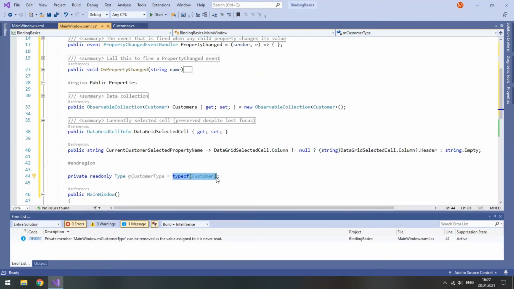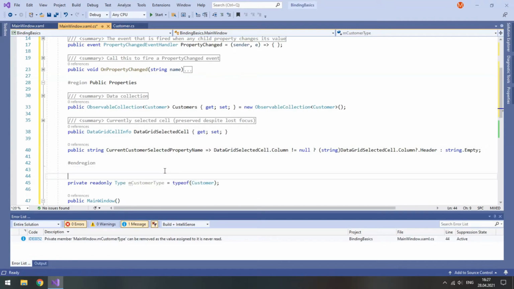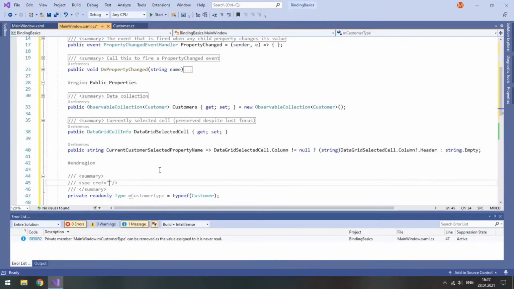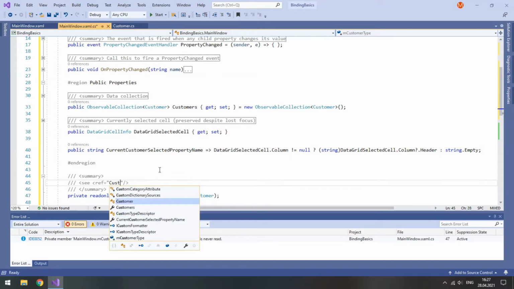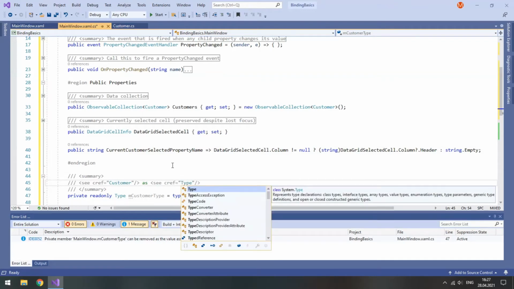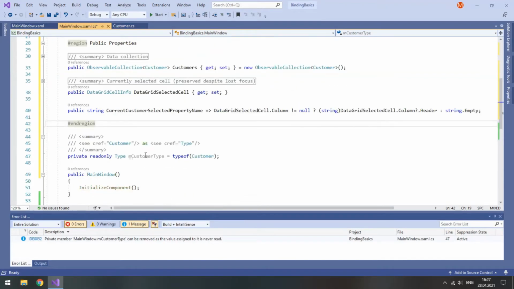Actually, we could just use type of customer everywhere, but I want to have a shortcut and I don't know how time-consuming this operation is. So just to be safe, I will store it as a field and reference later. And I will leave a summary here, so it will be our customer as another reference type. So M customer type is customer as type.